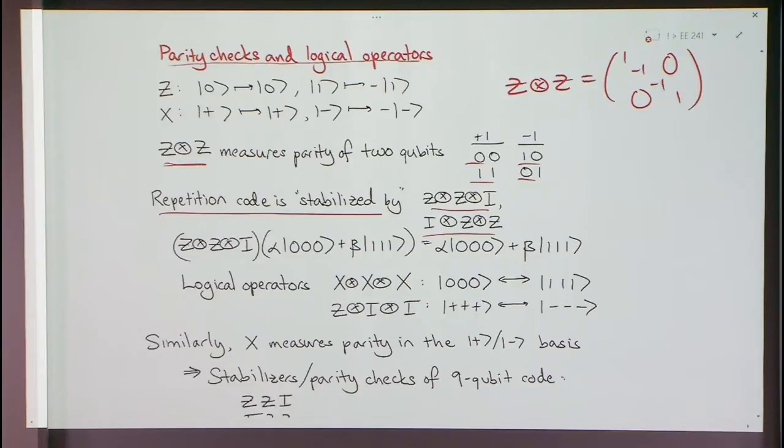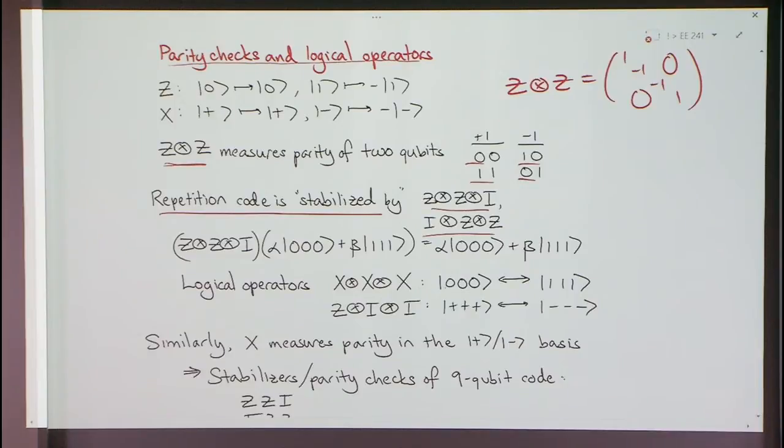So, for example, that is true if you look at Z tensor the identity and multiply that times any code word, that gives you back the same code word. Because, indeed, the parity of pairs of bits really is even in this code word. Those are called the stabilizers, and then you can also see what the logical operators in the code are. How do we act inside the code space? Here, those are also quite simple.